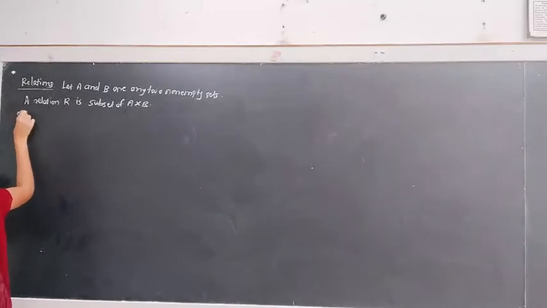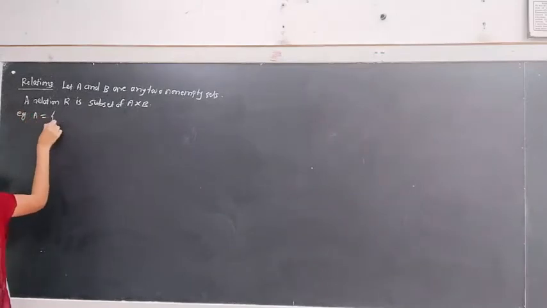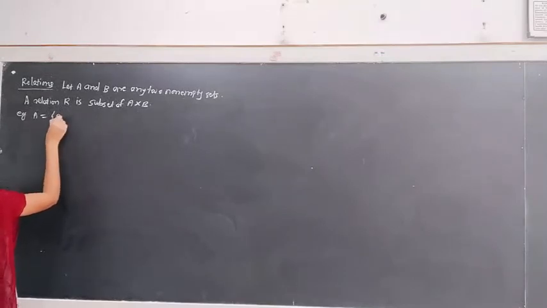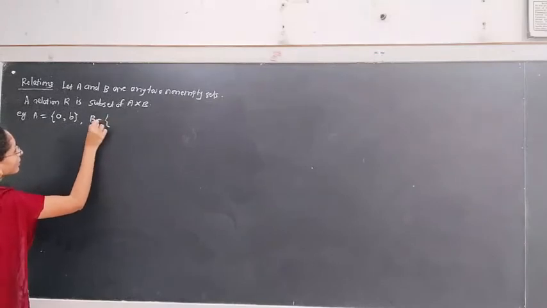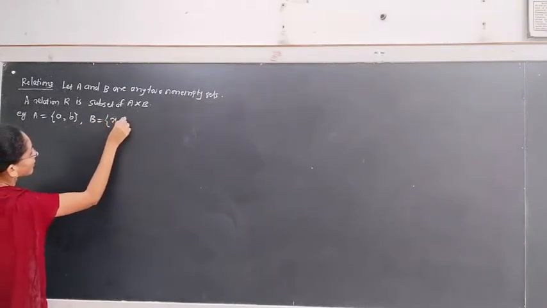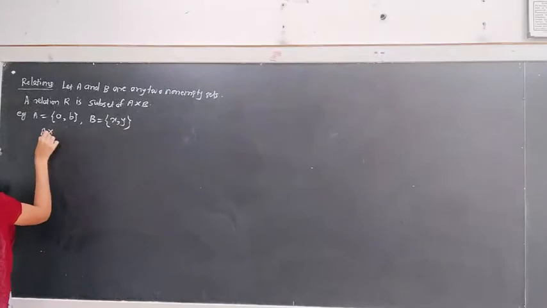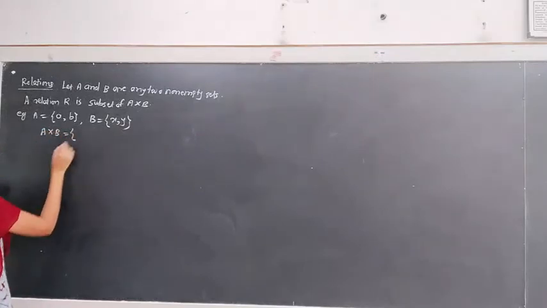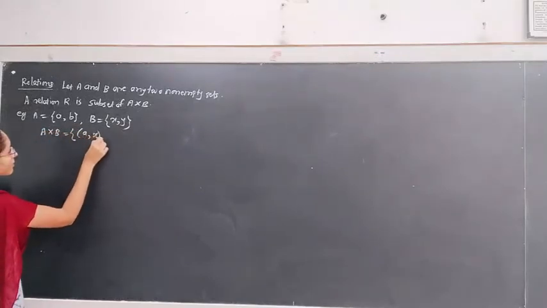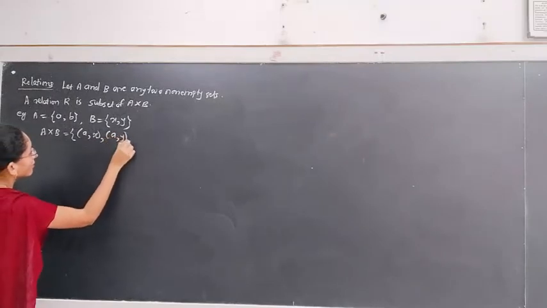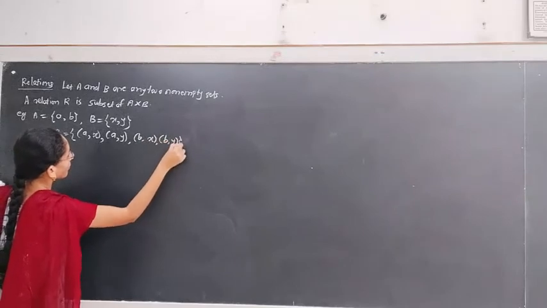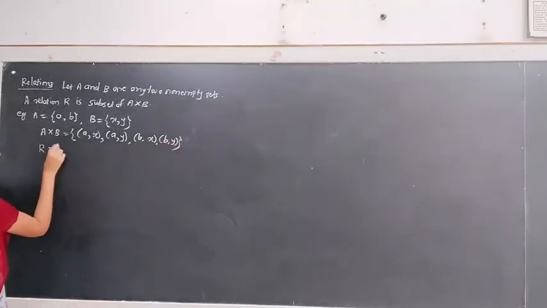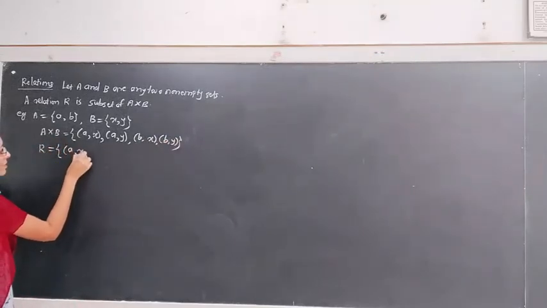For example, if we consider set A is equal to {a, b} and set B is equal to {x, y}, then A cross B is equal to {ax, ay, bx, by}. If we consider R is equal to {ax, by},